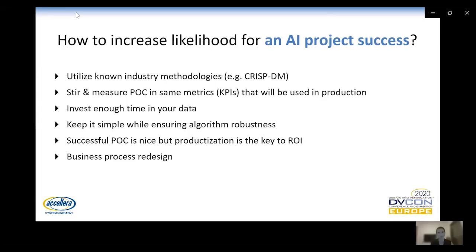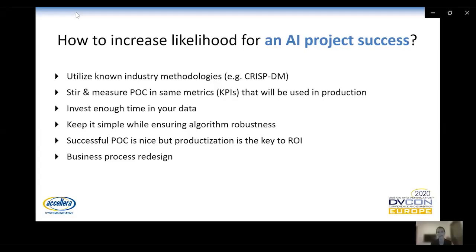I talked about the proof of concept, but this is the first step. In order to productize it, there is a long way to go, and this is essentially, at the end of the day, to realize the ROI, but that needs to be factored into account when you model it. It's not just having a successful POC. Sometimes you need to develop an AI platform that knows how to apply and retrain those models on a certain cadence, and that takes time and requires knowledge.